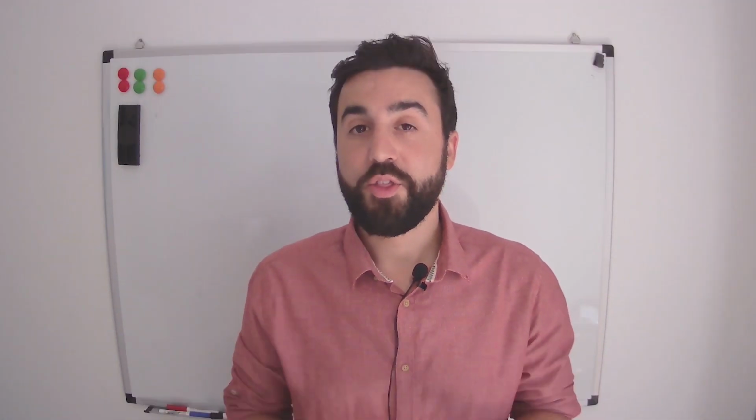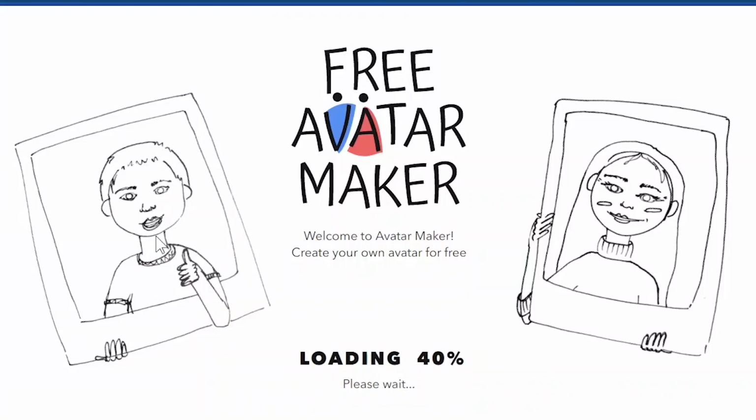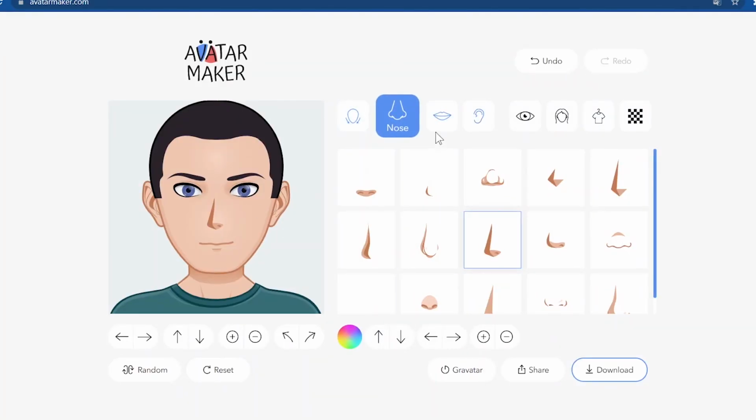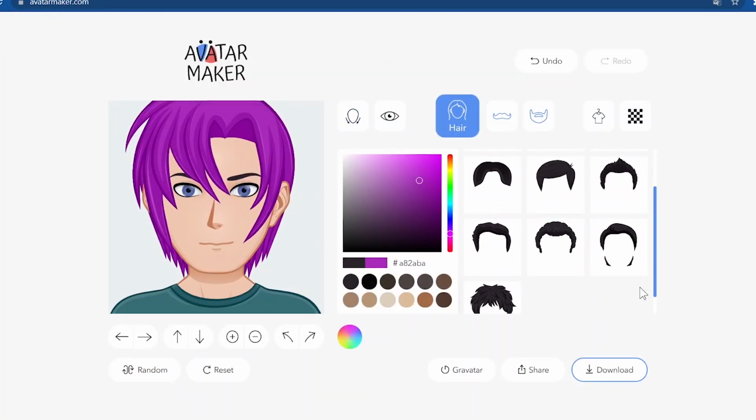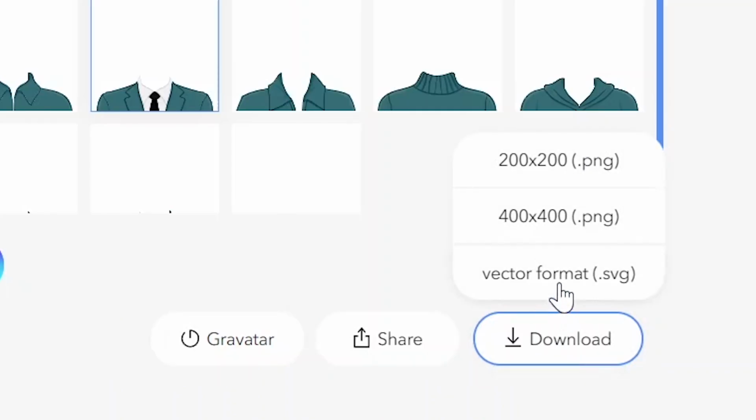avoid that, then you can go to a website like Avatar Maker and create a series of avatars. Have the avatars on the board and have the students one at a time describe one of the avatars, and the other students listen and have to guess which avatar the student was describing.